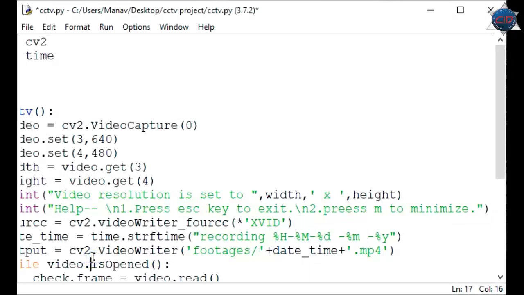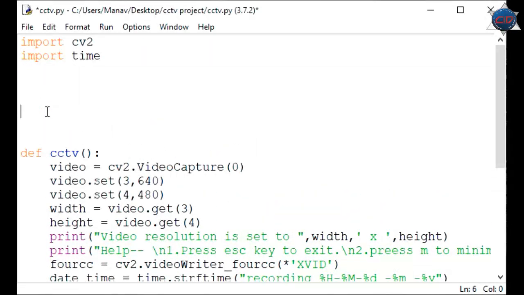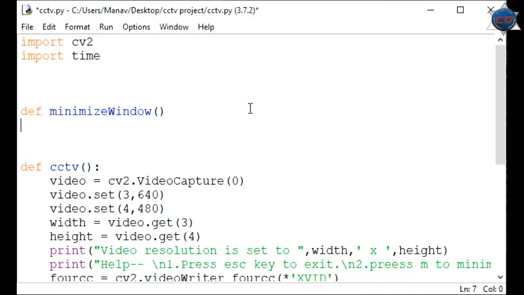Let's go above all these things. Now here I'll define minimize_window, and under this I'm going to import two modules. These two modules are win32gui and win32con. These are able to minimize any of the windows which are on your screen.